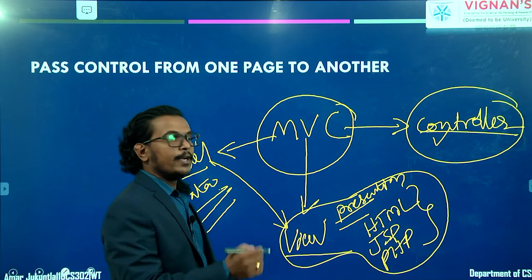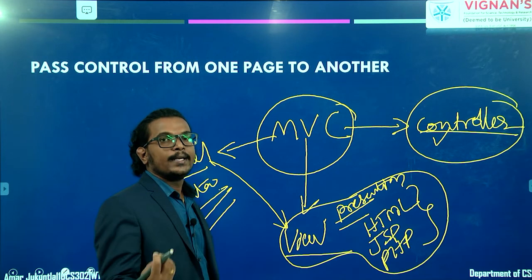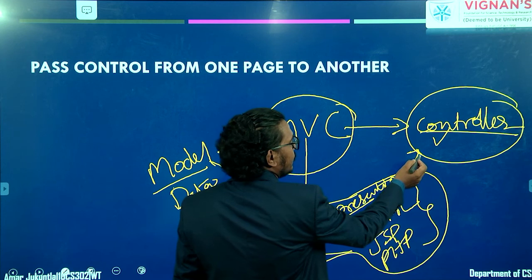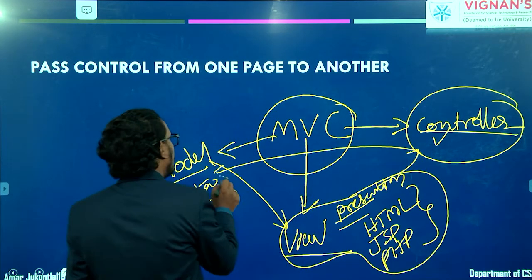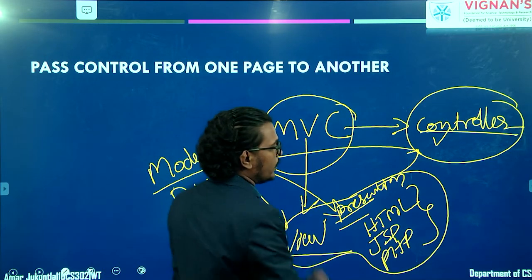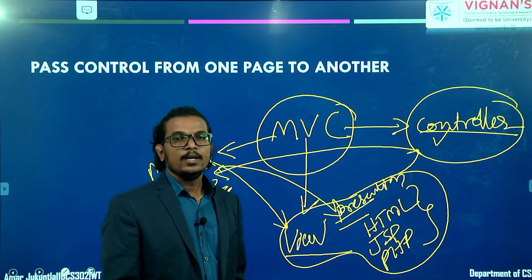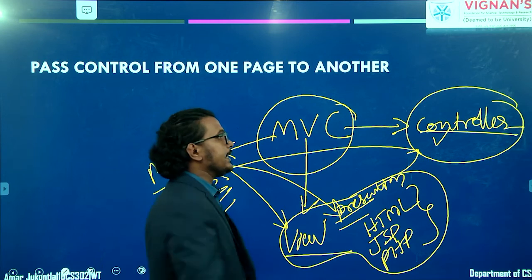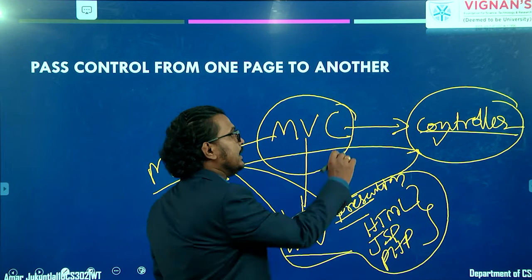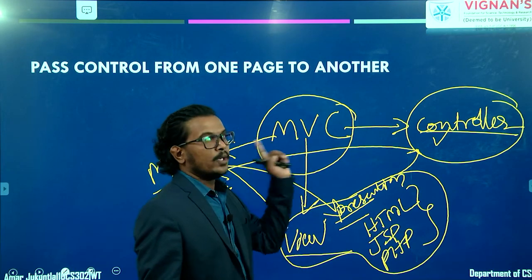Whenever you click on a particular button, you get some data, right? How do you get the data? That information goes to the controller. The controller takes that information and passes it to the model. The model verifies the data and gives a response back to your presentation layer, the view layer, where we display the data. This entire thing is controlled by your controller layer, that middle layer. Clear? So model is there, view is there, controller is there.